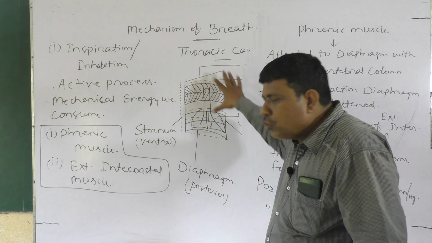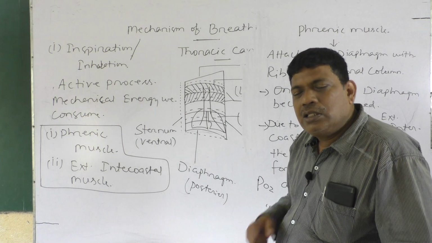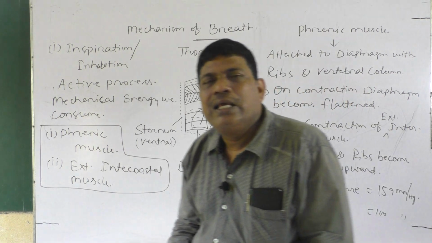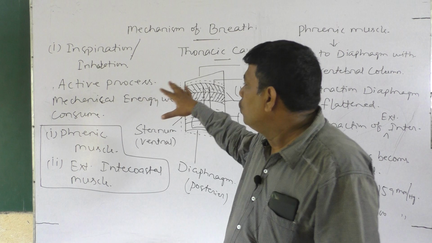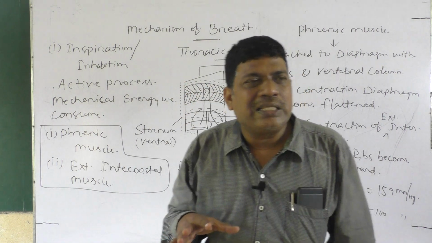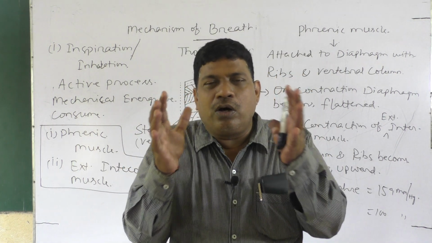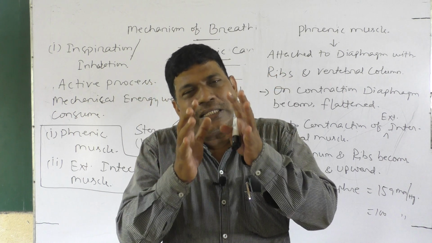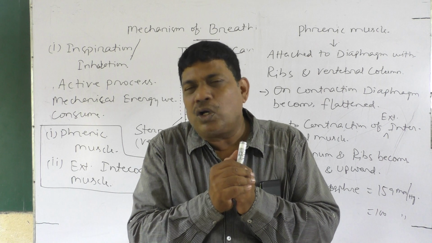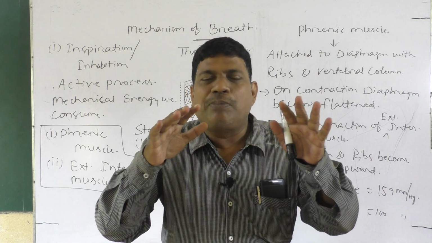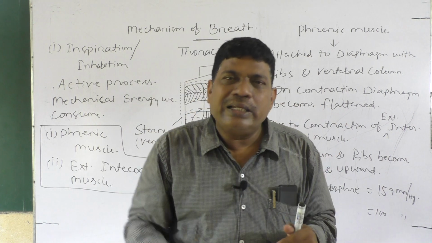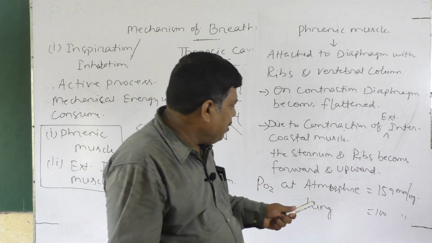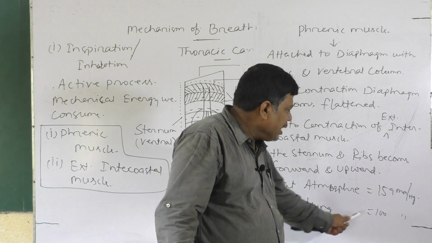As volume of thoracic cavity increases, due to the lungs remaining airtight, the volume of lungs also increases, and as volume increases, pressure decreases, and during that time partial pressure of oxygen at the lungs